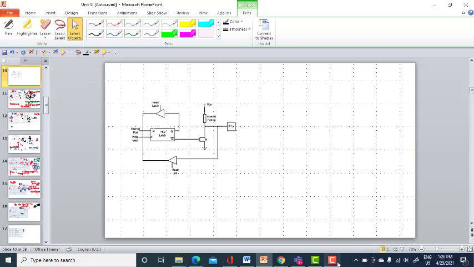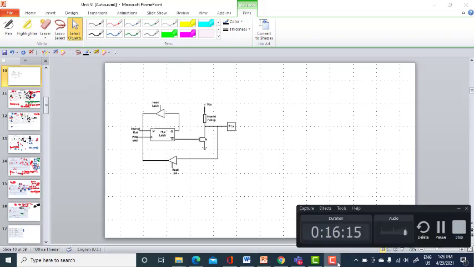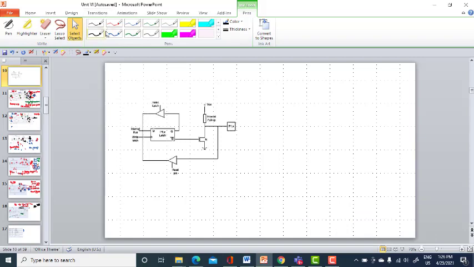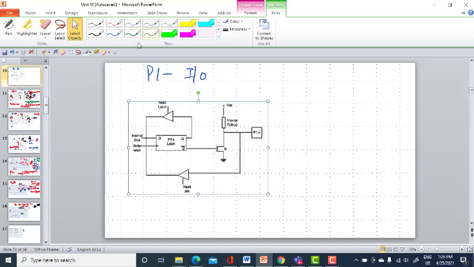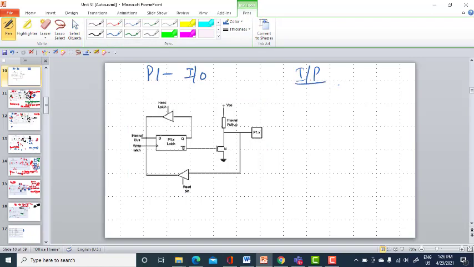Okay guys, let us see about your port 1 now. So port 1, we know that it is solely dedicated as an input output port function only. So first let us take here as an input, if it is behaving as an input port. So what we need to give in the port 1, P1.0 whatever, in the internal bus I need to place 1. Input port means I need to place logic 1, only then it will behave as an input port.